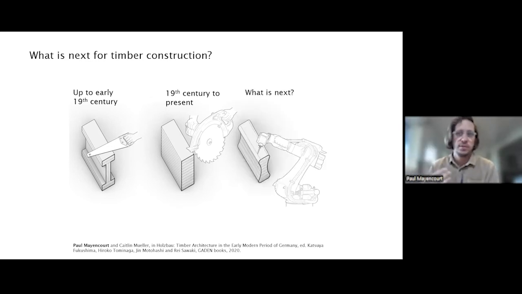And my research is really questioning what is next if we consider robotic labor to be relatively cheap, and the cost of material having a cost on the environment, not only how much it costs in terms of money, but also what the impact on the environment is of using materials. We are reshifting the balance between cost of material and cost of labor. And my research is really asking what is next in terms of the sections that we should build out of timber.